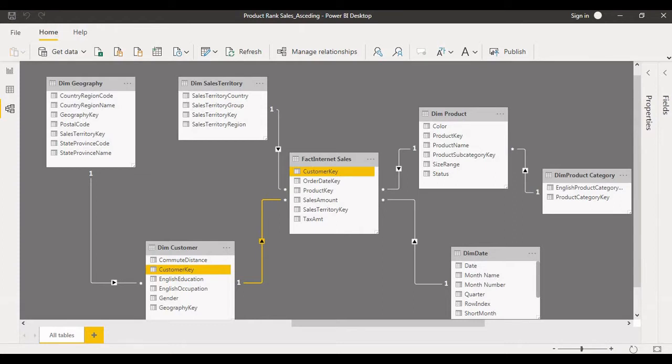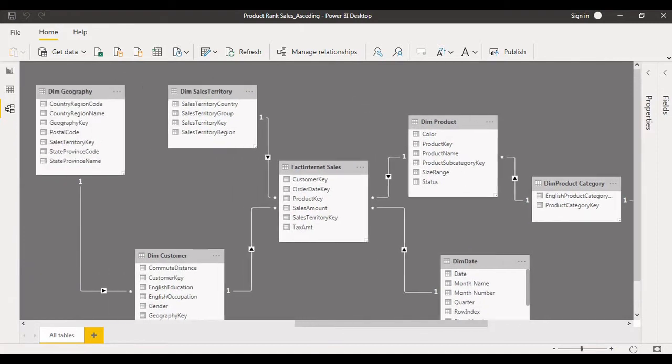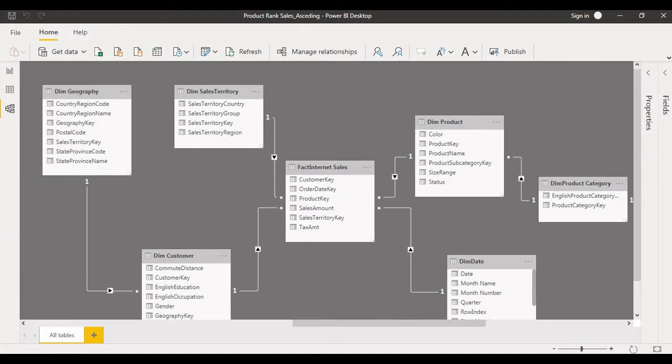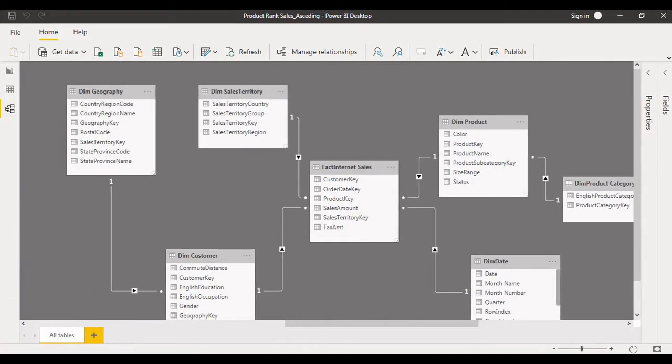Here the direction of the relationship is one to many. It means the filter propagation is flowing from dim customer to fact internet sales. Like that we have established the relationships, and the same thing we have done for the remaining tables also. Now we'll go to the report.